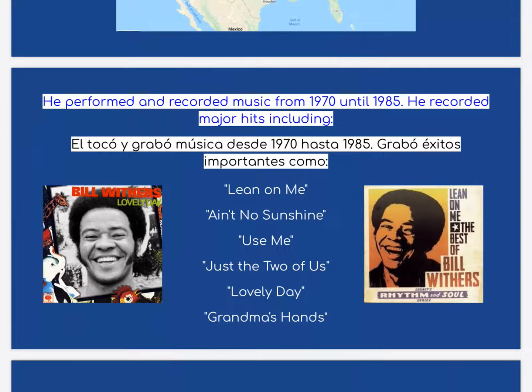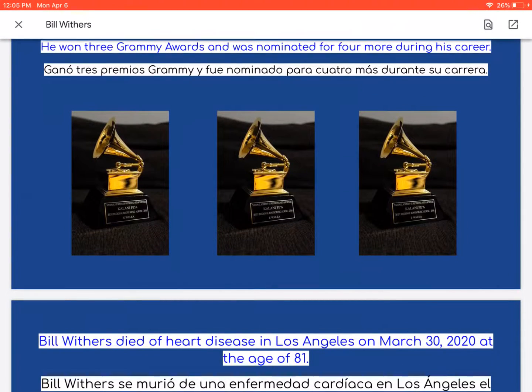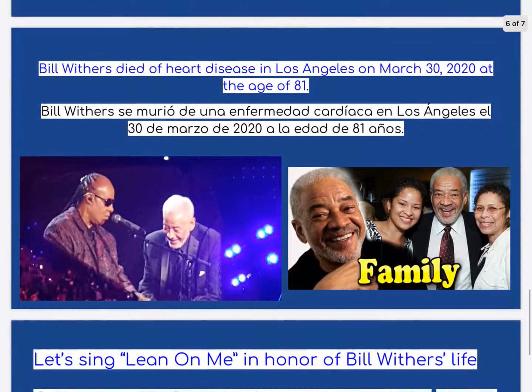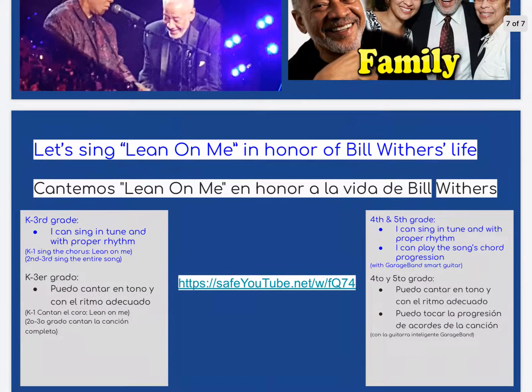Lovely Day is another one of my favorites in there. He won 3 Grammys, and he just passed away last week from heart disease. So we're celebrating his life and his accomplishments through playing and singing through his song Lean On Me.